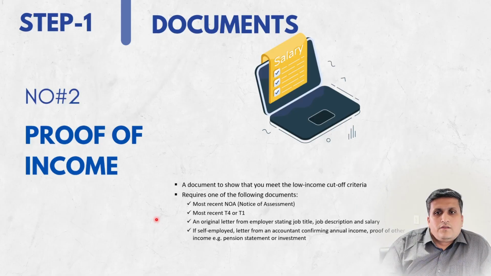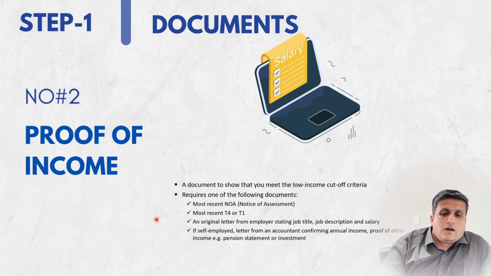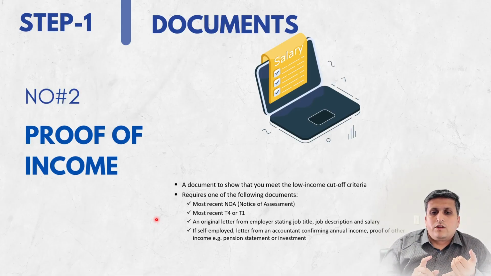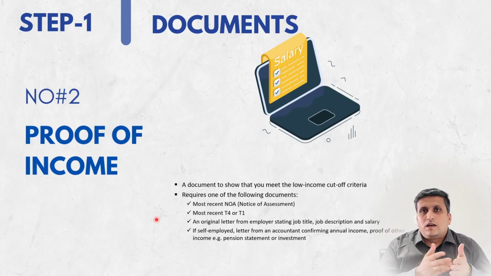The next document we will discuss is proof of income. This is in line with the expectation that you meet the low income cutoff criteria. How can you prove that? You can use your most recent NOA, and your most recent T4 or T1. If you don't have a T4 or notice of assessment, or you recently switched jobs, so last year your job or business was not qualifying for the low income cutoff, but now you are eligible based on your current employment scenario,